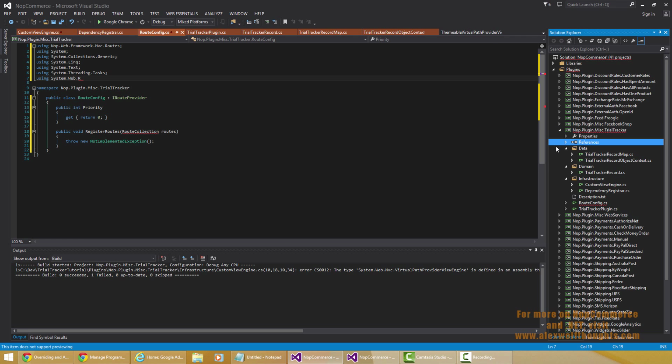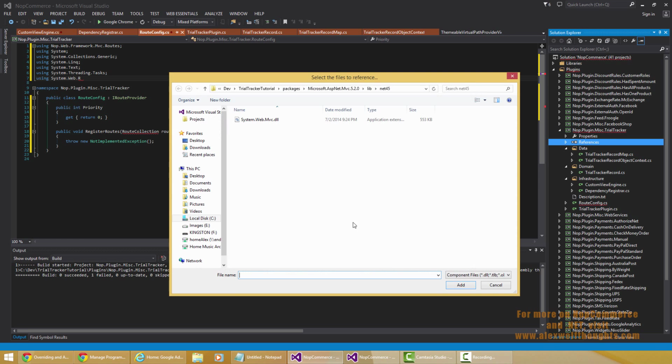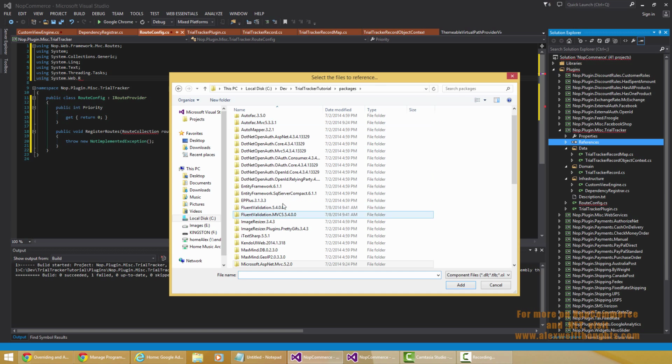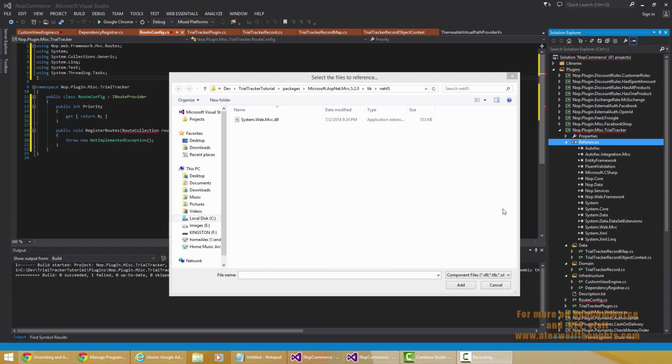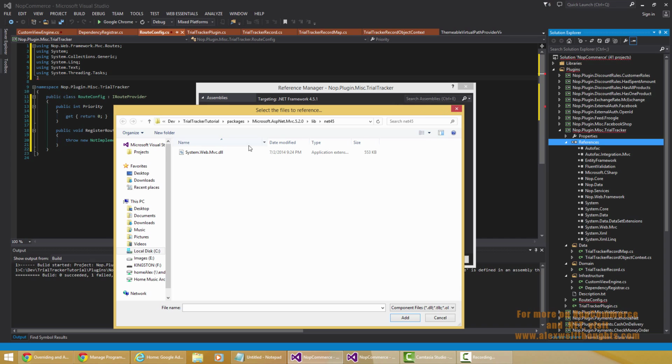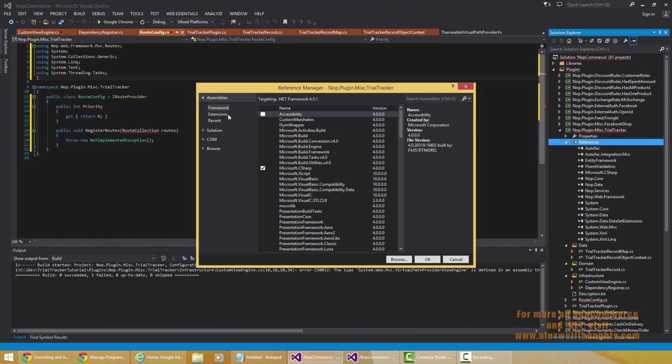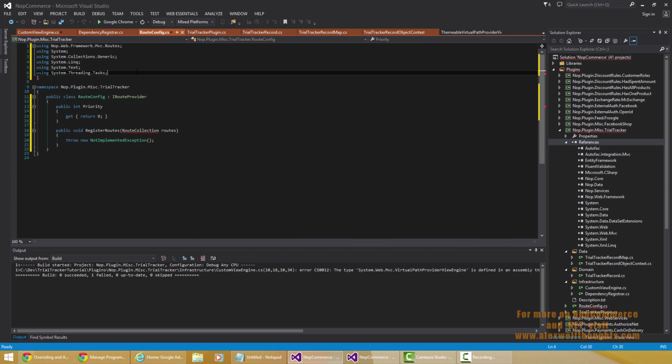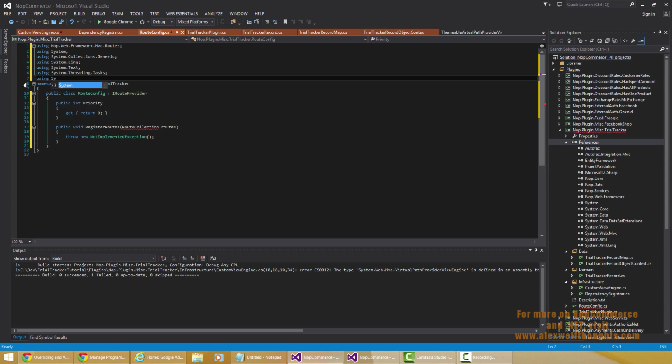So if we actually go back to our references, I'm just going to say add reference, browse. Sorry, I just paused for a second. We actually don't need to go into browse for that. That's actually just inside of one of our system assemblies. So if we close that and go to assemblies, and we just want to add system.web. We forgot to add this earlier to our project. So then we can just say, using system.web,